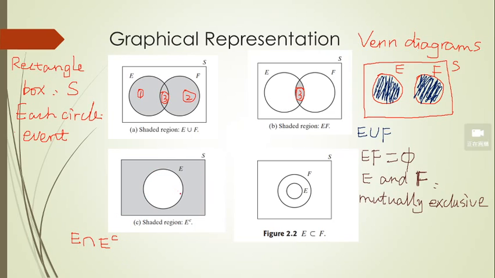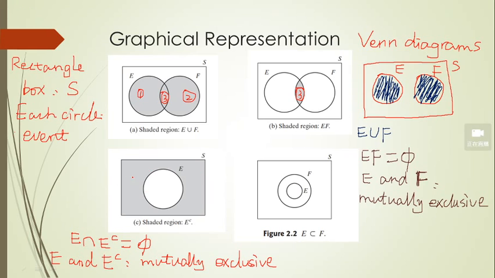E is the circle. E's complement is all the other part except the circle. Of course, this is still the null event, right? And this is an important relation. E and E's complement, how can we call the relation? Mutually exclusive, right? And this is true. Think about it. This is true for all events and their complements. For any event in the sample space, this event and its complement are always mutually exclusive to each other,